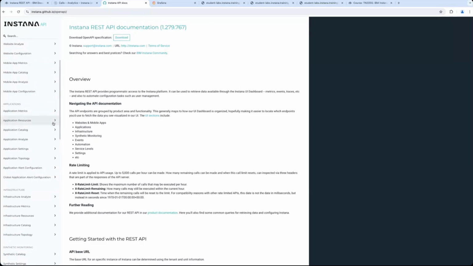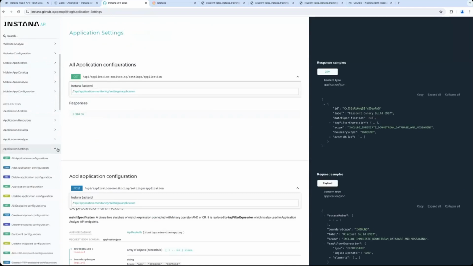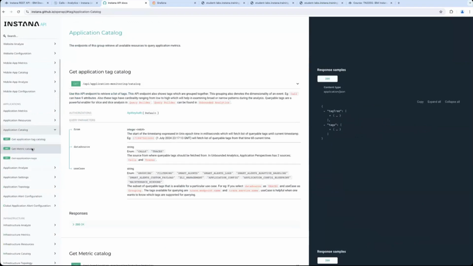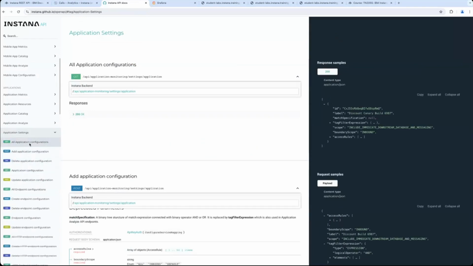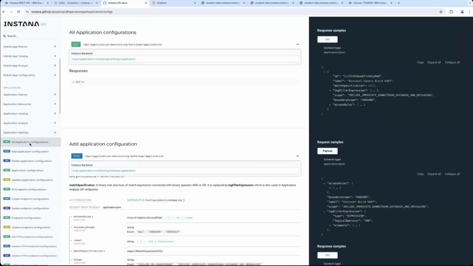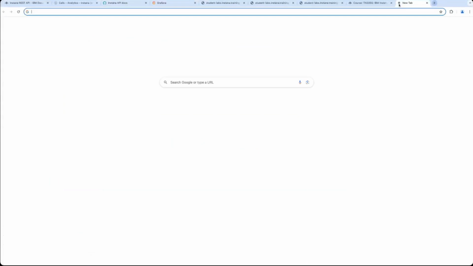Okay, so what you can do with it, for example, let's look at the application settings or application resources. Let's, for example, get the application catalog, get the application tag catalog, or get application, let me do this, get application configuration. So here we see that the call is using this path after the Instana backend. And when I copy that path and add it to my